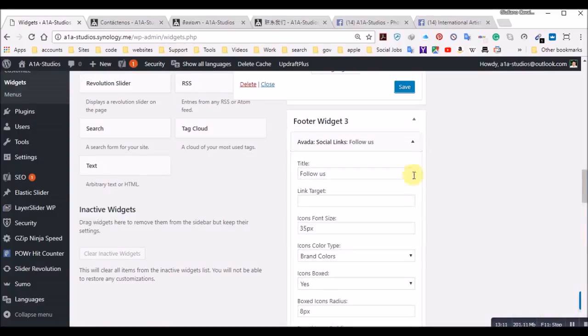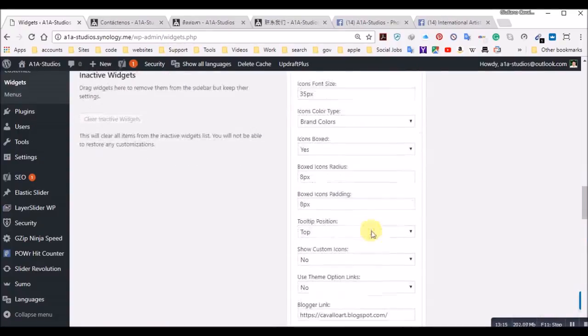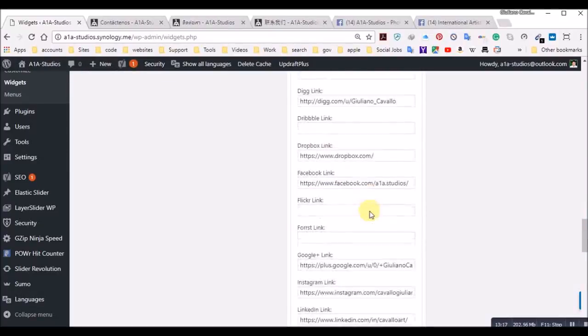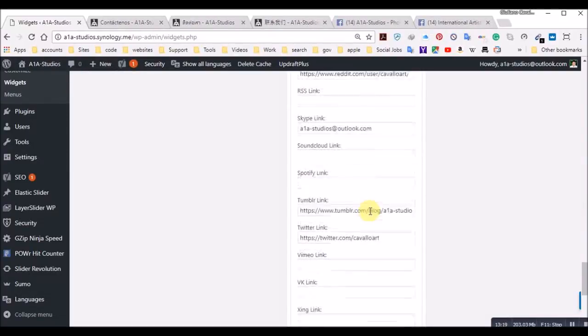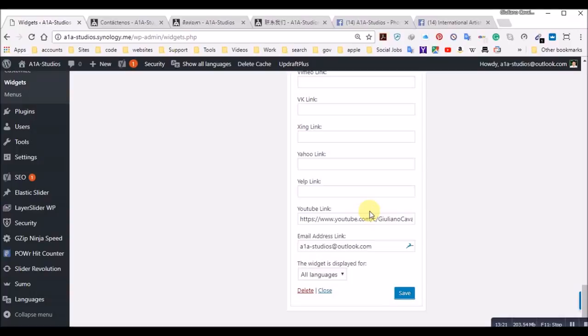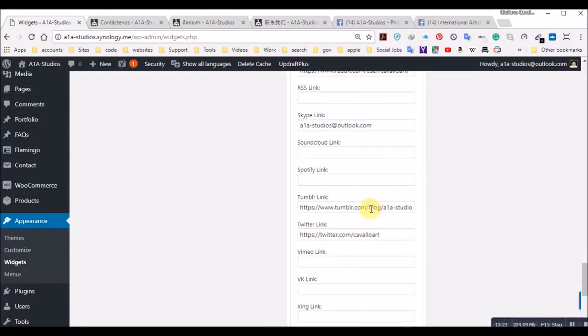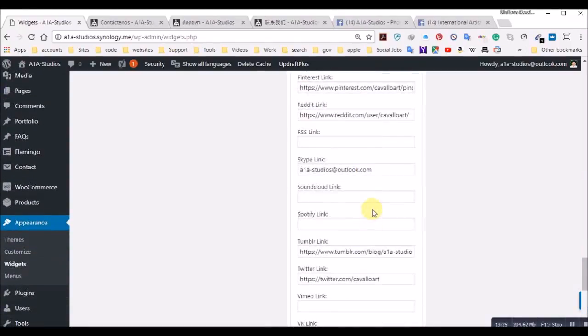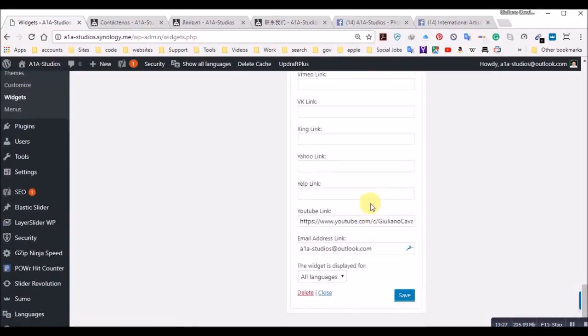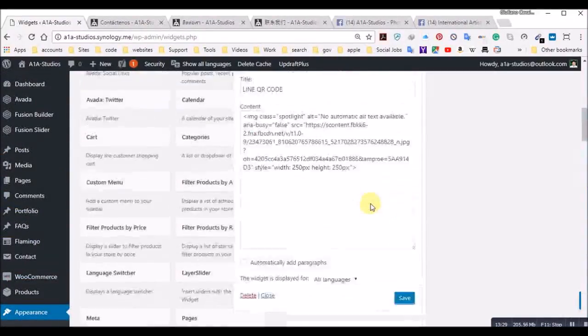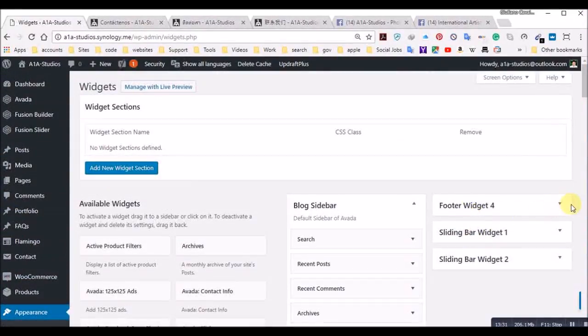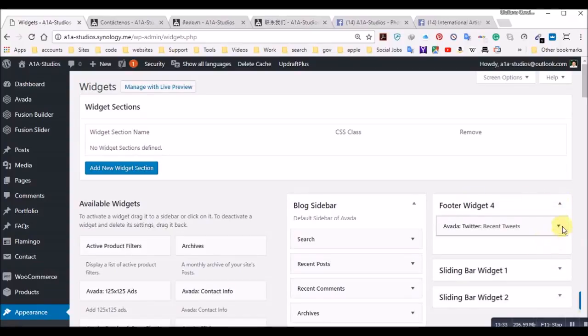Now this is the Aveda social links, which I filled up. Not all of them. I have quite a few, but there are a few that I'm missing. I plan on doing more of these in the future, but for now it's okay. And the widget number 4